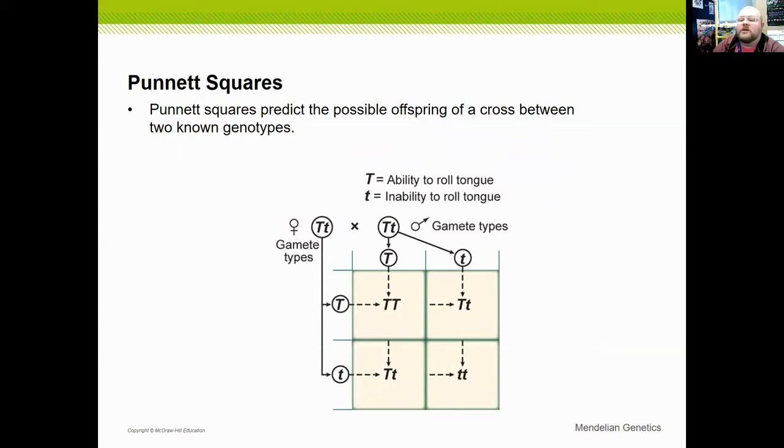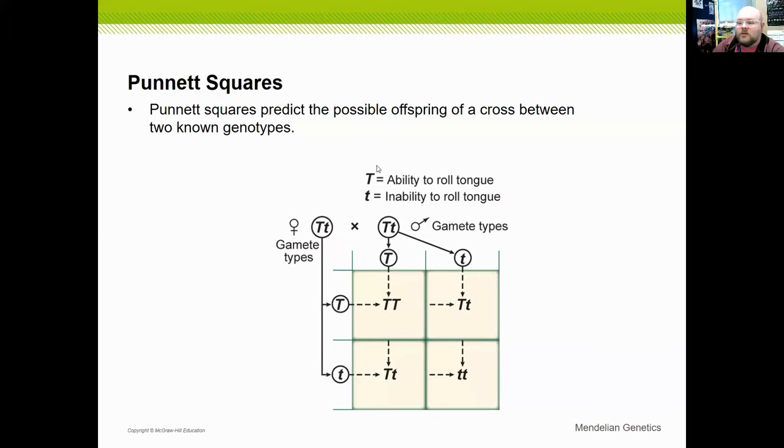Now, Punnett squares are what we can use to predict possible offspring of a cross between two genotypes. So if we have, like, the ability to roll your tongue, some people can do that. And when I say roll your tongue, I mean do this. Some people can do that. Some people cannot do that. That's actually a genetic trait. So we're going to do capital T for the ability to be able to do that, and lowercase t for the inability to do that. And we're going to cross two